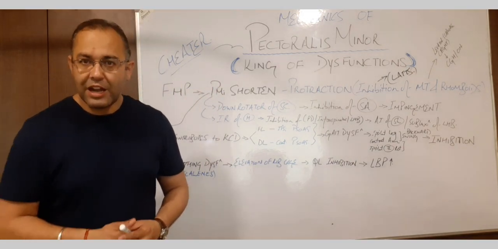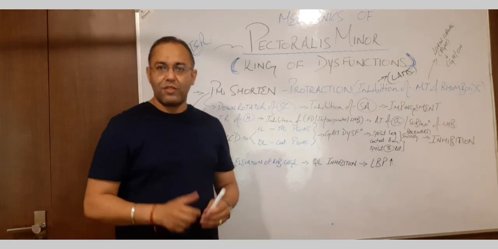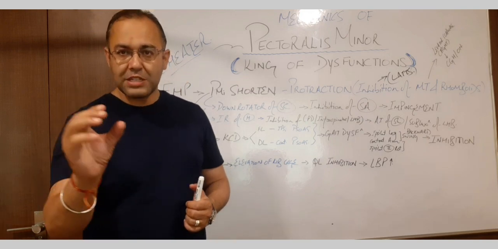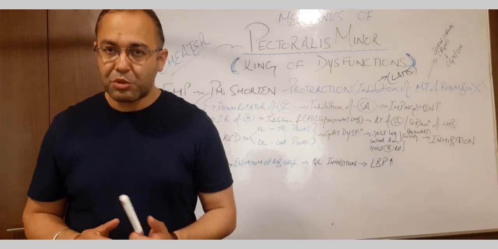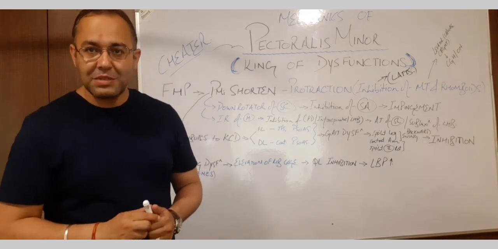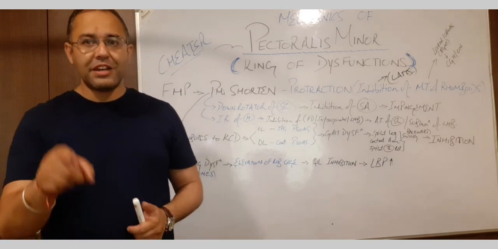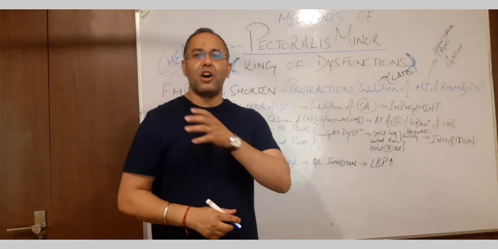The second function of the pectoralis minor is that it is the downward rotator of the scapula, and we know that upward rotation of the scapula is caused by serratus anterior. So when pec minor becomes tight, it moves the scapula into a downward rotating position, fixes the scapula there, and upward rotation becomes inhibited and serratus anterior gets inhibited. If serratus anterior gets inhibited, your